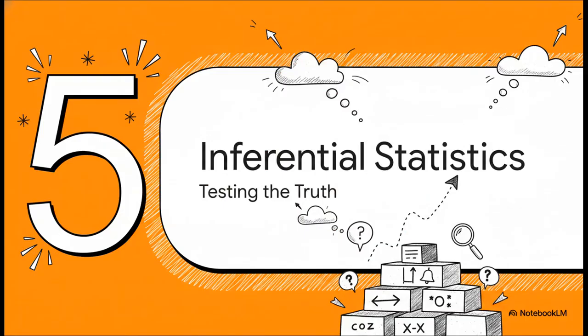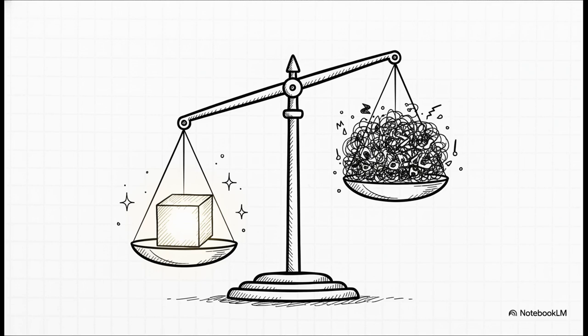Section 5. Inferential statistics. We are now totally ready to climb to the very peak of our statistical pyramid. Inferential stats are what save us from scientific ruin. While descriptive stats just organize our data, inferential stats mathematically answer the single most important question in any research: is my finding actually valid? By calculating probabilities, it allows us to confidently state whether the effect we saw in an experiment was actually caused by our manipulation, or if it was just random chance, just natural variance.